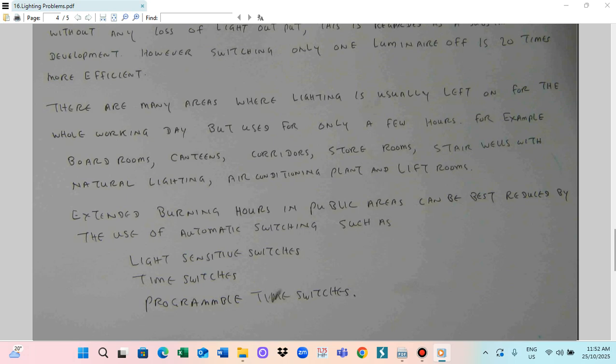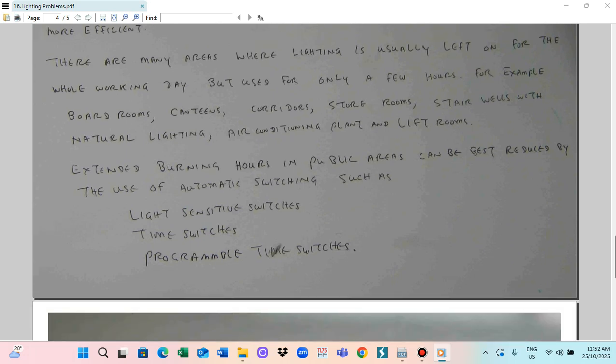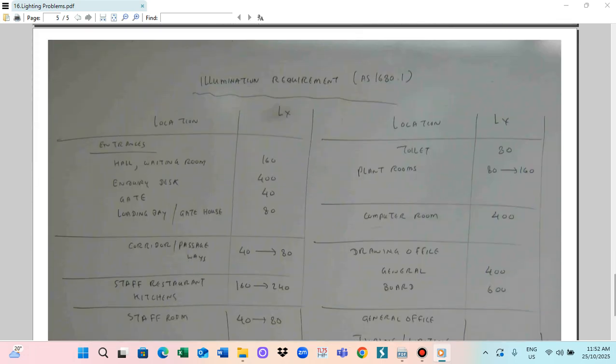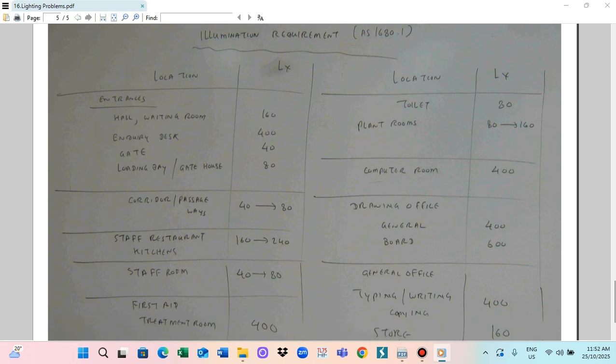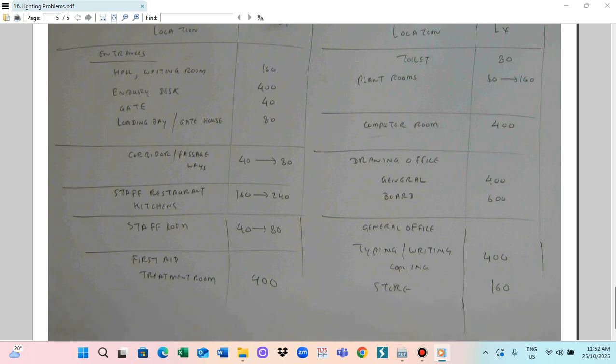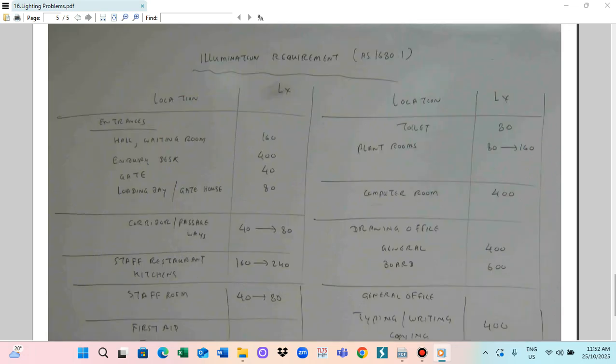Instead of relying on manual switching, hours in the public areas can best be reduced by the use of automatic switching, such as light sensitive switches, time switches, and programmable time switches. So there will be the illumination requirements from AS 1680.1, with the locations such as entrance room, store room, hall room, and their illumination requirements. I give those in this table.